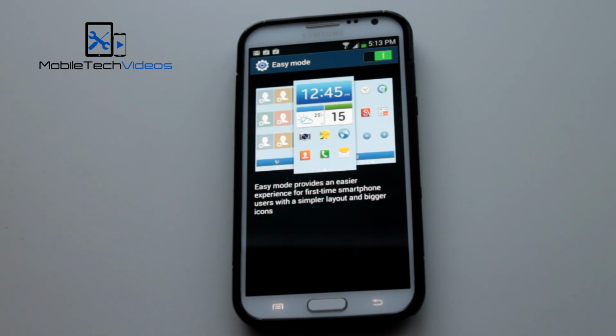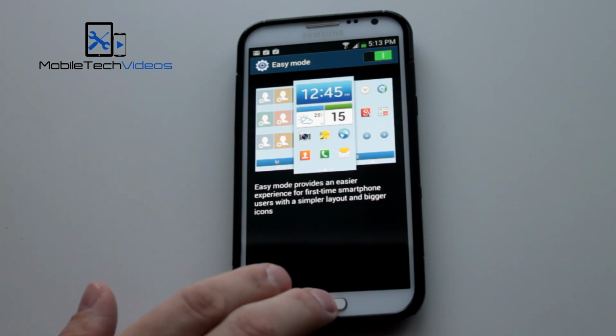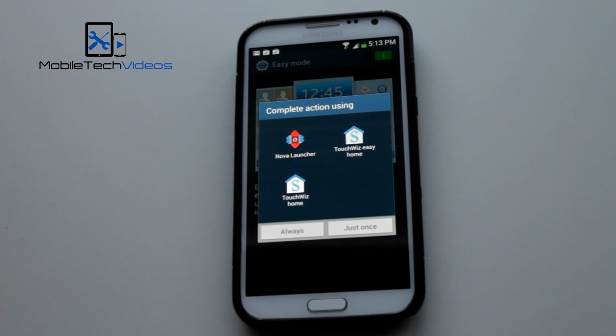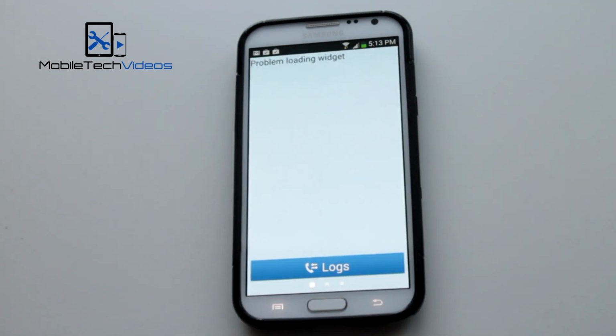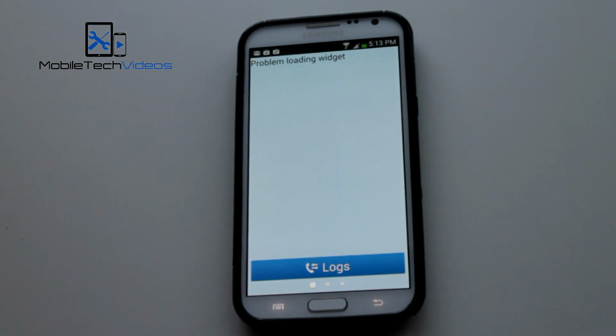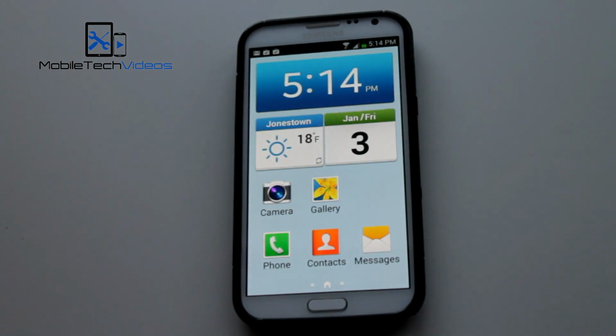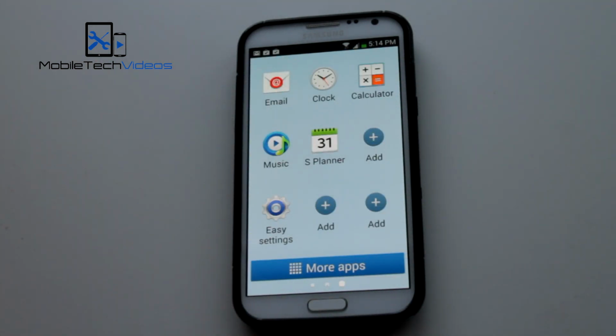It gives you a little preview there of what it looks like, and you can tell that it's just a simplified version of the launcher. Now as I said, I'm running a custom ROM, and the individual that developed this custom ROM went ahead and added it to its own launcher. So if I just click on that and click it again here, it launches right into the Easy Mode, and there you go. So you see it's a very large icon, simplified, graphically striking version of the typical launcher,